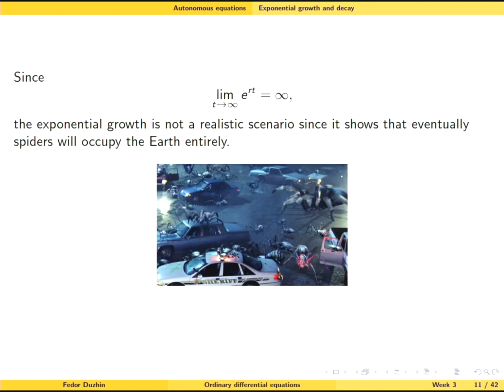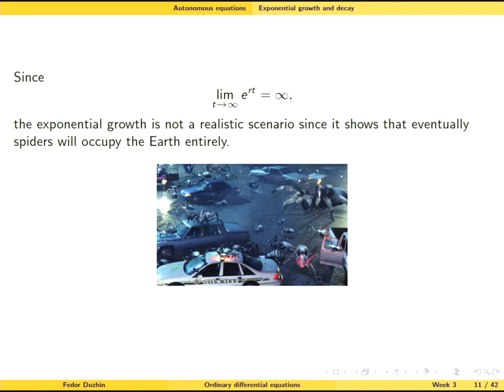So, for instance, it means that as time goes by, the exponential growth of a population is not a realistic scenario. Okay, but we're going to discuss how to make it more realistic a few minutes later. But now let us